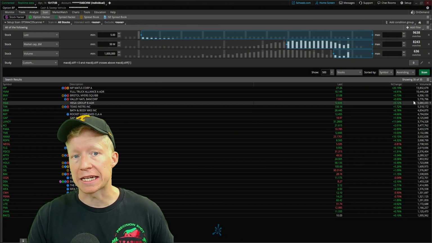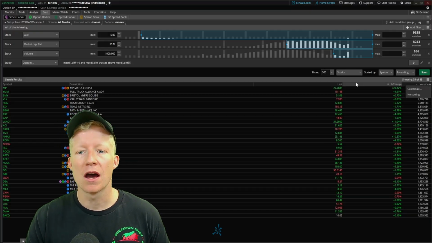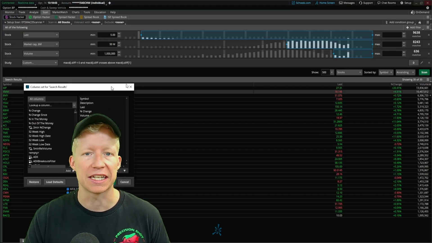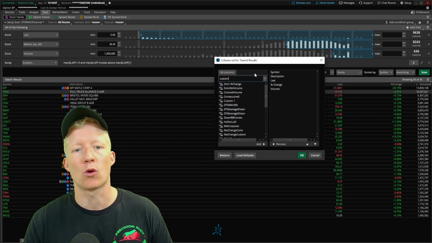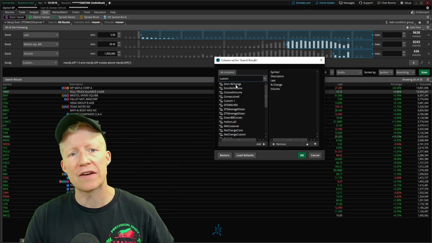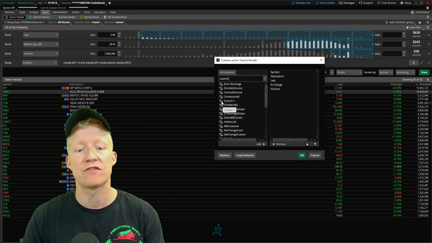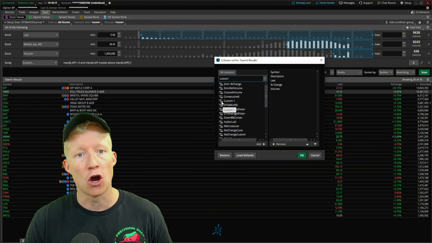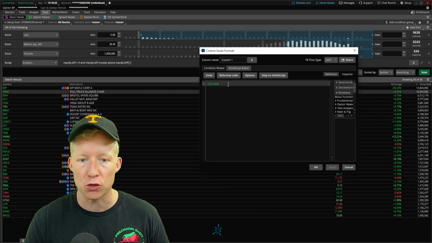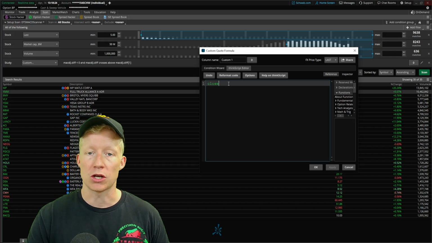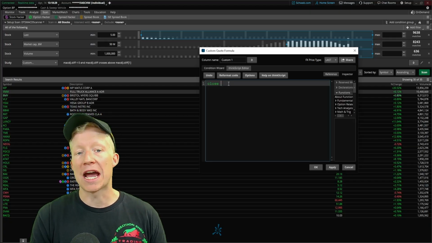So to build custom scan columns within ThinkorSwim, I'm going to click on this little cog to the far right of the header column names, and then click into customize. And from my lookup a column field here, I'm going to type in custom. You'll have a list of available custom options here. Really all that matters is you have this scroll icon with no lock on it. You can click into that scroll icon, and what it means is that you can view and edit the source code. So we are in fact going to edit our source code,